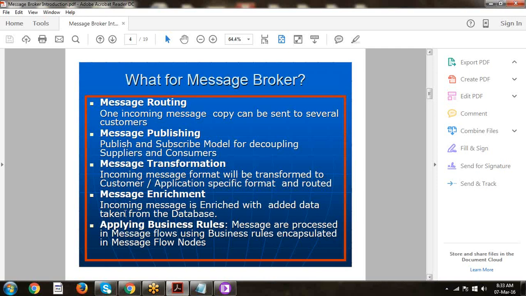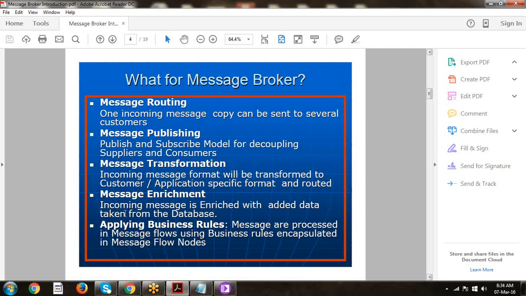WebSphere MQ is also a transaction manager like a database, but in WebSphere MQ we are just providing a transportation routing facility from the source to the destination. The application has to write and the application has to read the message. As the administrator, we are just monitoring the infrastructure only. I never insert or retrieve any data from any application. The application's responsibility is to write and read. MQ just provides the transportation facility.